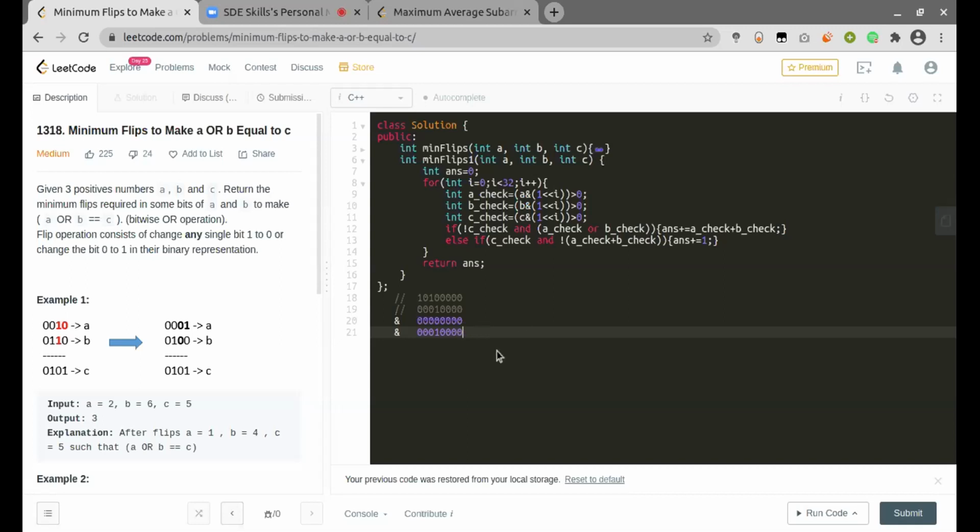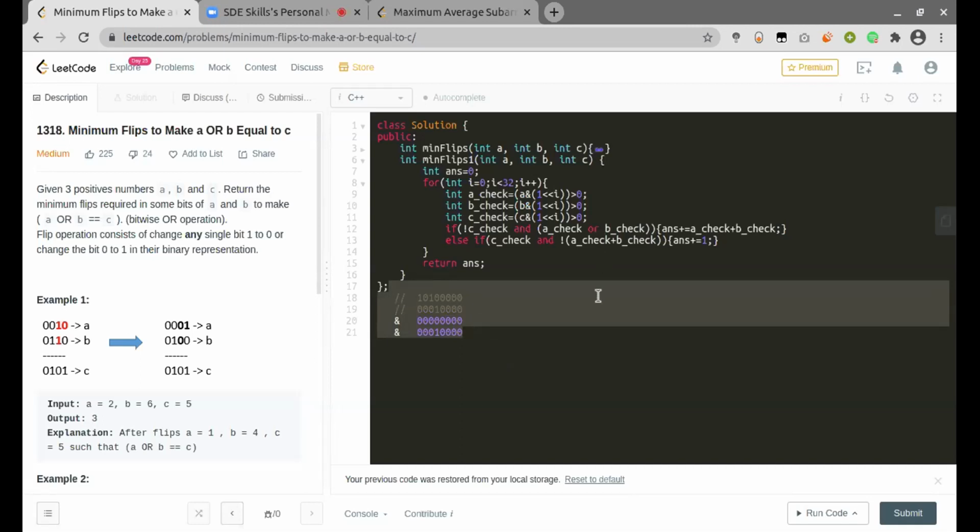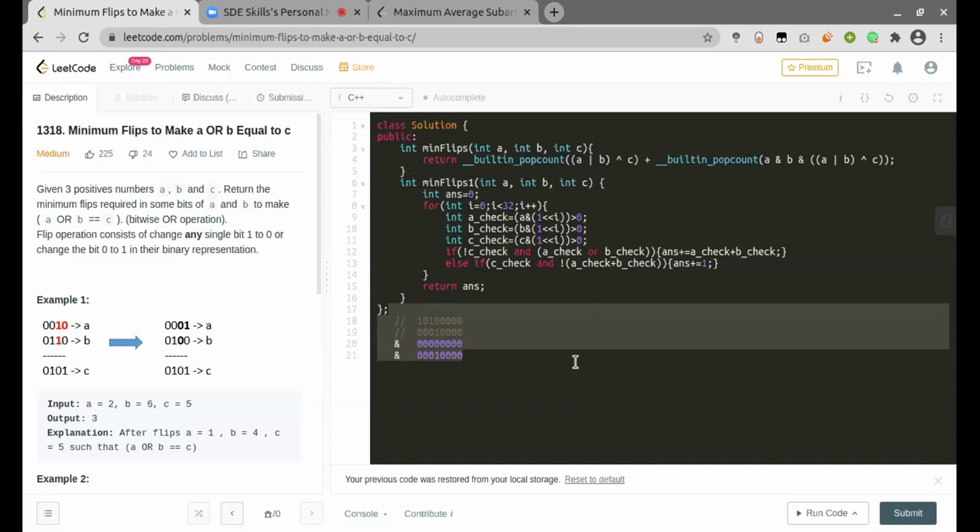Right. But still, what you could do is, if you have A and B, you can find the difference, only the bits which are different. You can OR A and B and then XOR with C. Whatever bits are set will be the difference, and then you can check only those bits. It will be a slightly more efficient way of doing it.